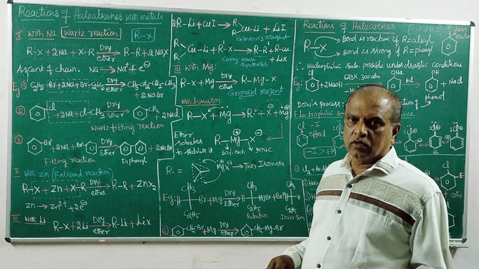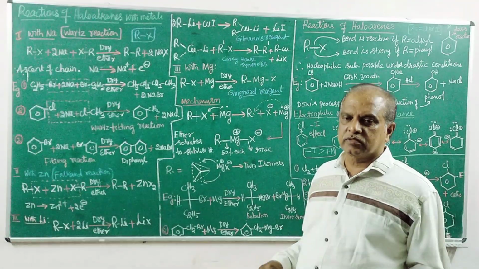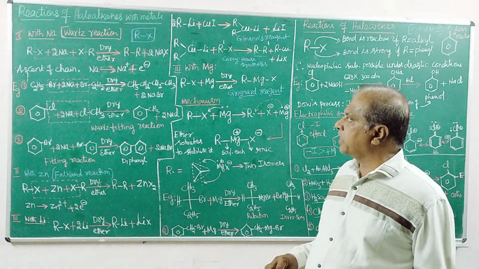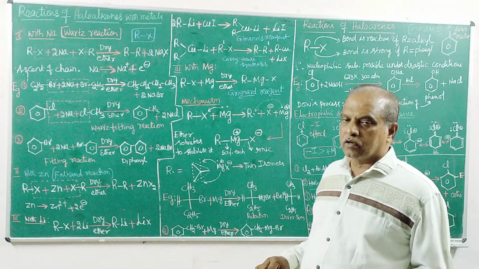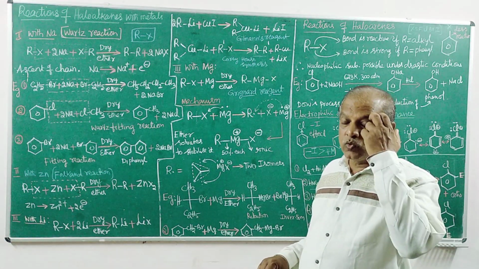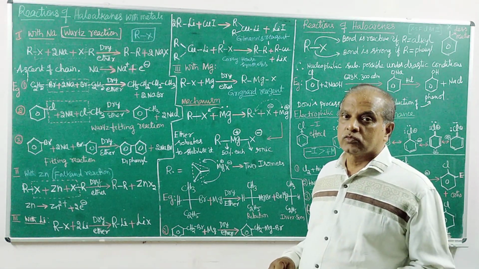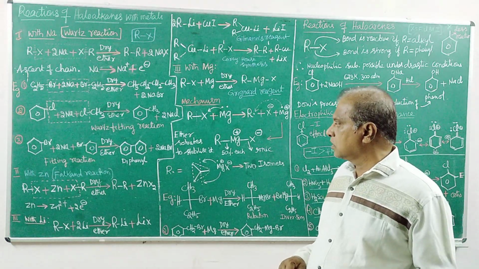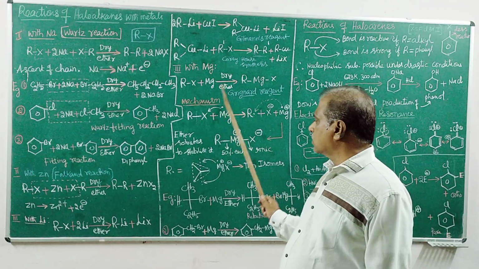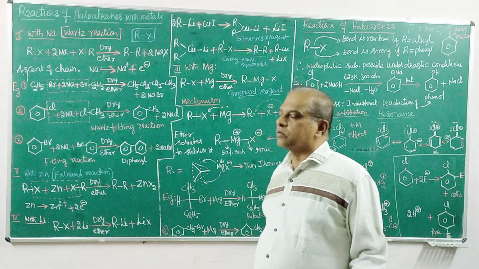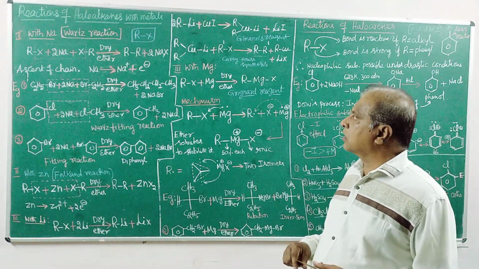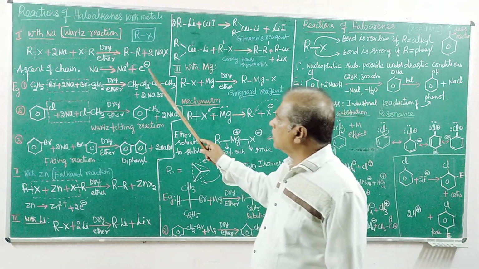What is the reason for reaction of haloalkanes with these metals? These metals are very reactive. They are electron donors, electron givers, easily lose electrons. Sodium can lose 1 electron, zinc 2 electrons, magnesium 2 electrons, lithium 1 electron. That electron donation,